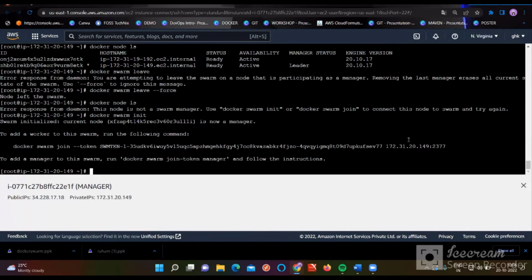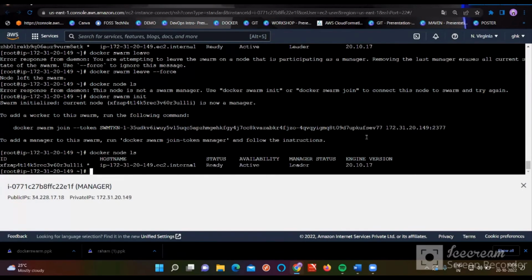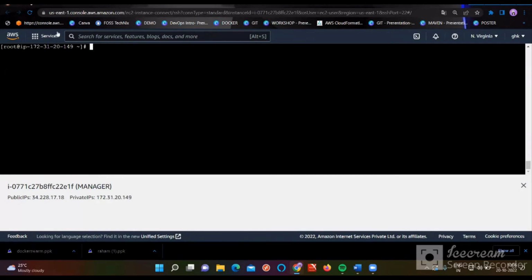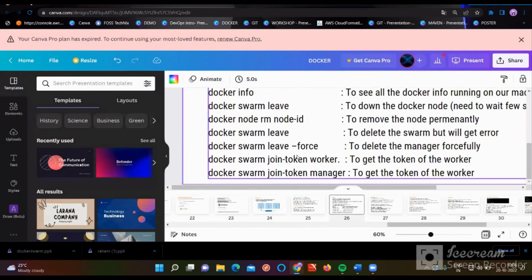You are going to get this token, right? If we give Docker node ls, are you able to get this one now? So this is the way of doing it. If you want to get the manager token, there is a command to get the manager token. See, Docker Swarm join token worker and Docker Swarm join token manager. So give this command,